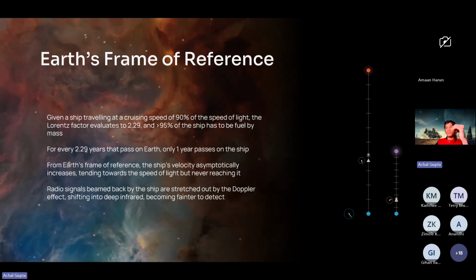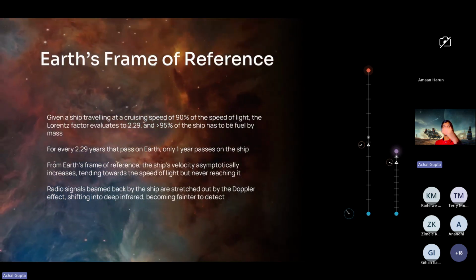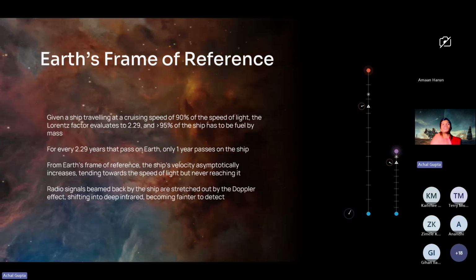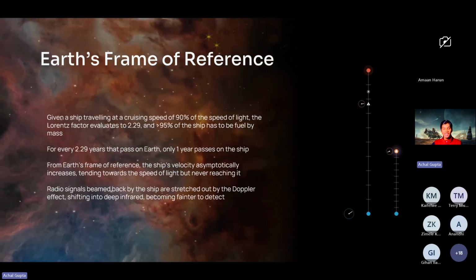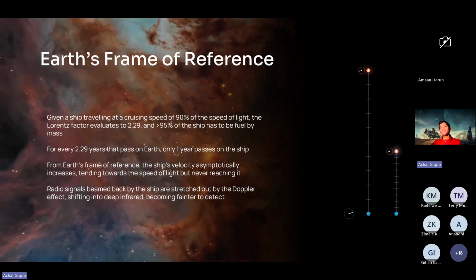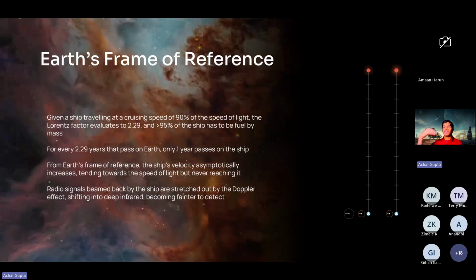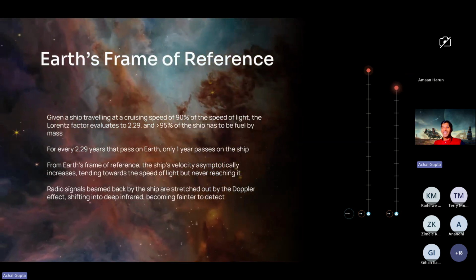From my point of view, as I look at the ship constantly accelerating, I see it get closer to the speed of light, but never cross it. So it'll be 90% of the speed of light, then 99%, then 99.99, then 99.9999, but it will never reach